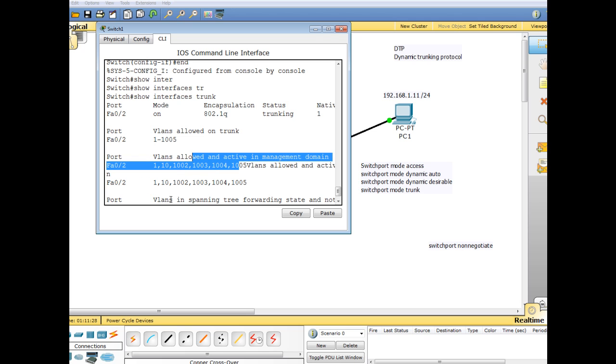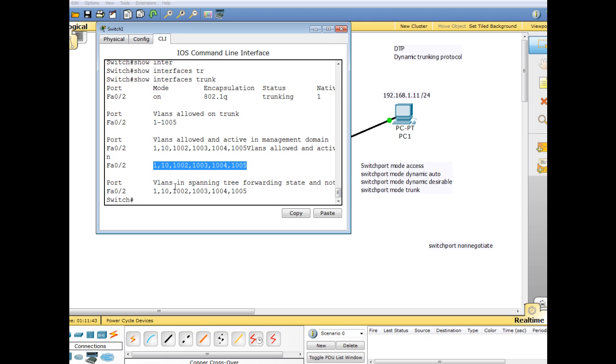And you see these VLANs are allowed, and they are the only ones configured on the switch. I mean, I configured VLAN 10, but the rest of those VLANs are on the switch by default. So moving up here, you see VLAN in spanning tree